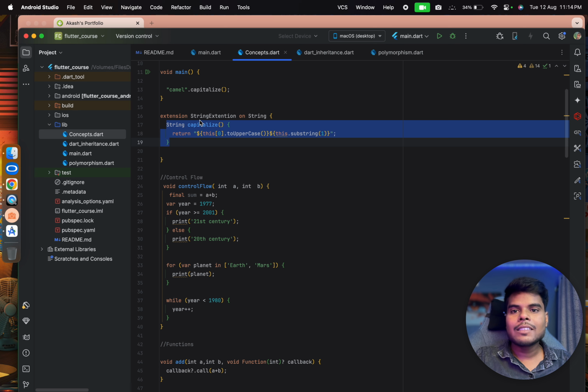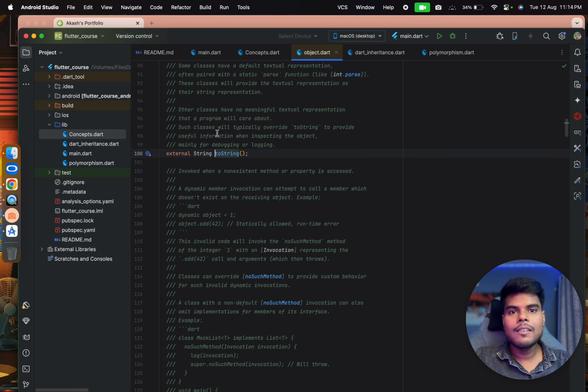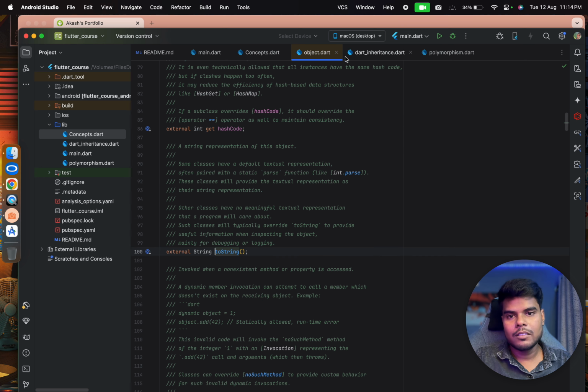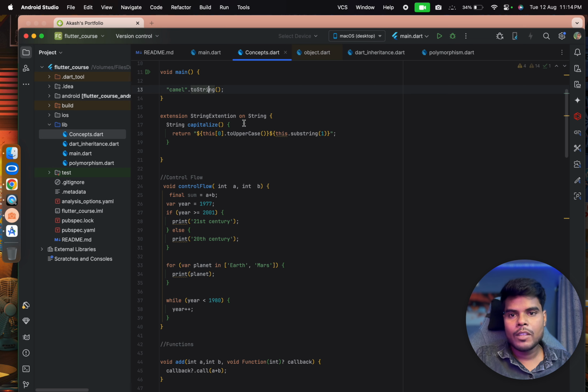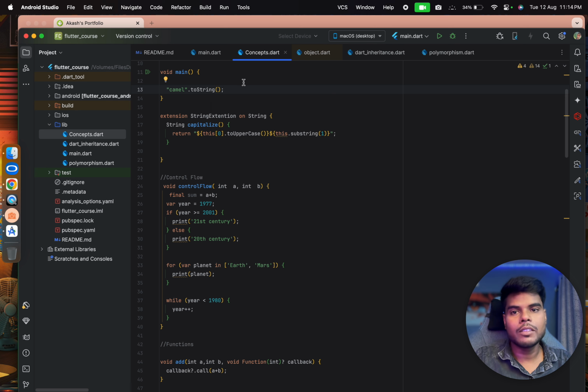So this is the extension function. Normally we use toString, but we haven't defined toString. It is defined in the Object class. So it is external, defined elsewhere. So we can define our own extension functions. They are the shortest possible way to call a function and get a value out of it, or perform some operation, like we call print like this, but there is no print function. We want this kind of function,